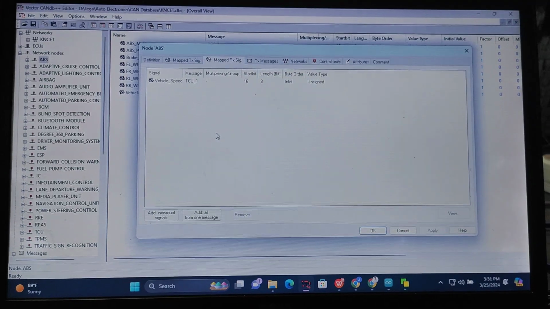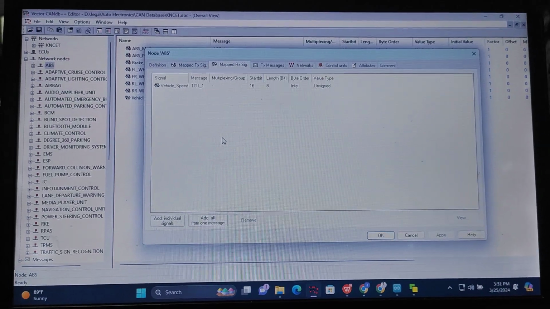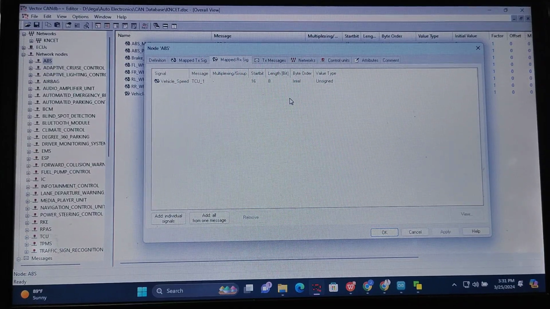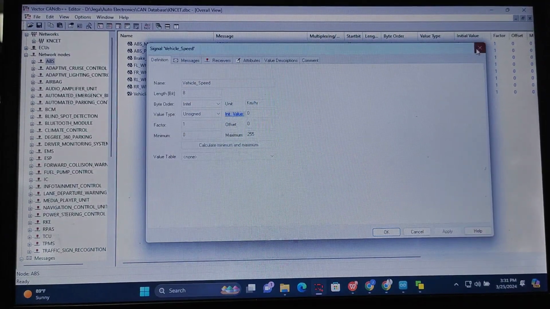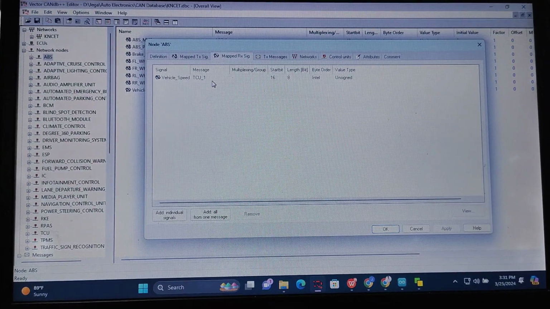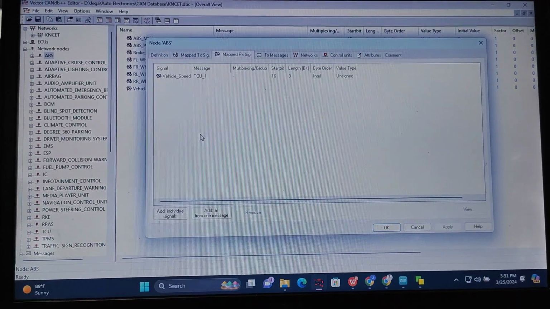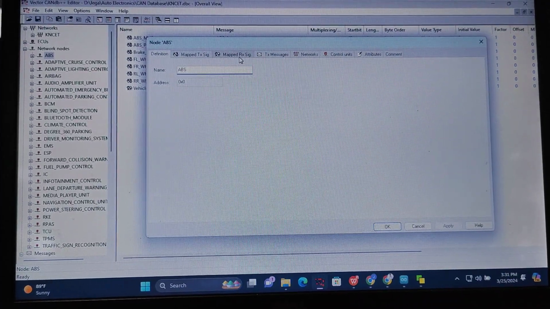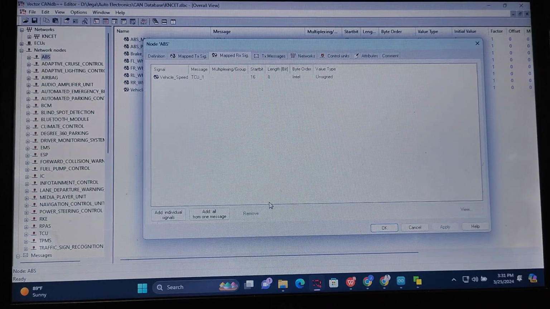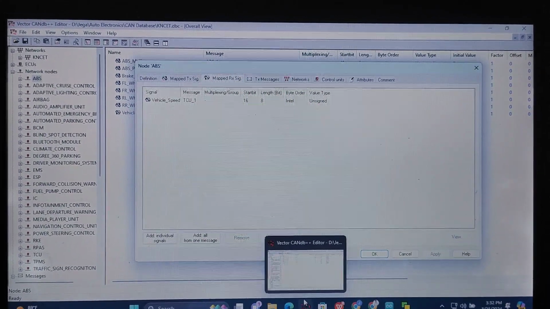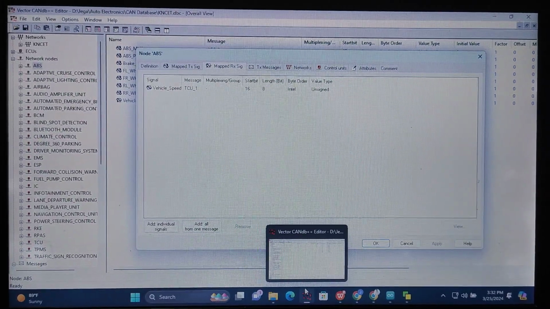And then this electronic control unit of ABS receives vehicle speed also. From where is the TX message? It is from the ABS. So in this we are having the vehicle speed and the message name as TCU, which means it is receiving the signal from the TCU message, but actually it is the ABS ECU. So it is an acceptance of transmitting and receiving the data from any ECUs. Okay, so the TCU transmits the messages and it is able to receive it. If one node transmits the data, all the other nodes are able to receive it, like that. Okay.